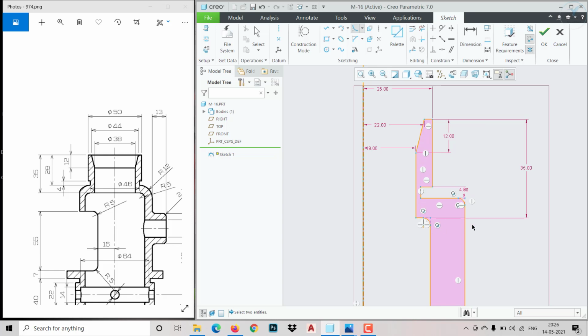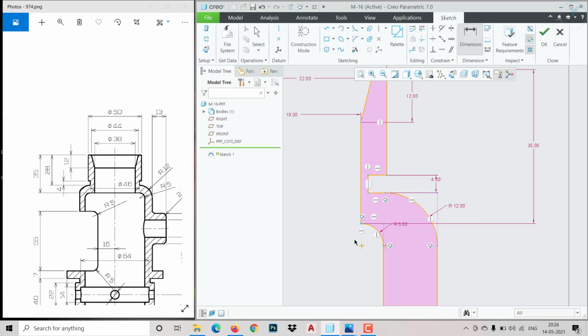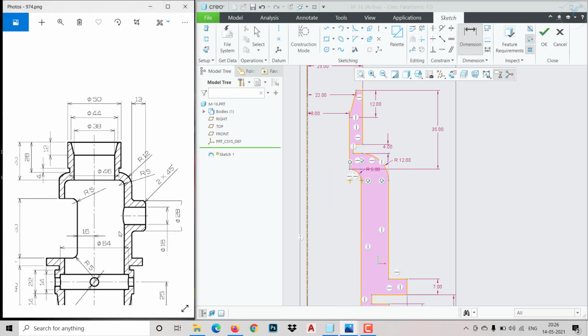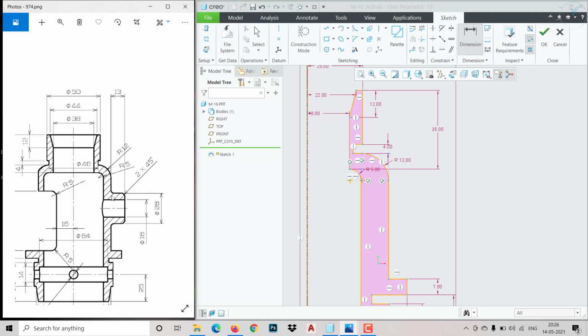Okay, then you can go for dimension. This is 12 mm I require, and this one is 5 mm I require. Okay, so fine. Okay, so you can see this distance they are giving, that is 46.